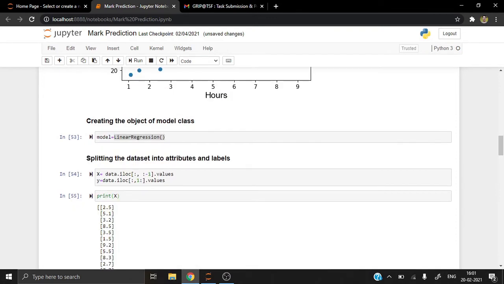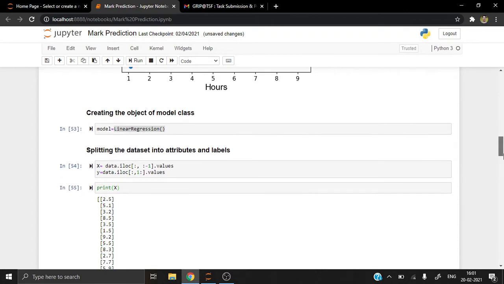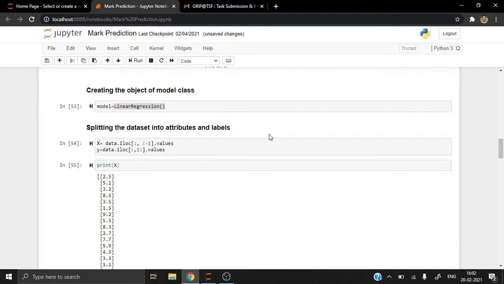Okay. Next is splitting the dataset into attributes and labels. Attributes are the columns which we have the values for, and labels are the columns for which the prediction has to be done. So we have to split the table into attributes and labels so that we can apply those values to our model. The thing about the linear regression model is that you need the attributes x and the labels y as two-dimensional arrays. For that, we can use the iloc method, which creates a two-dimensional array,